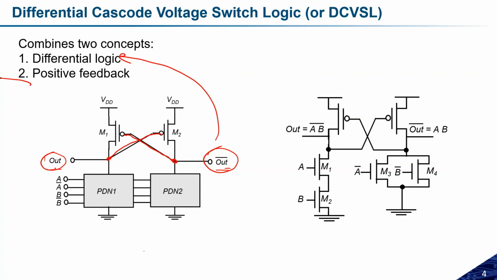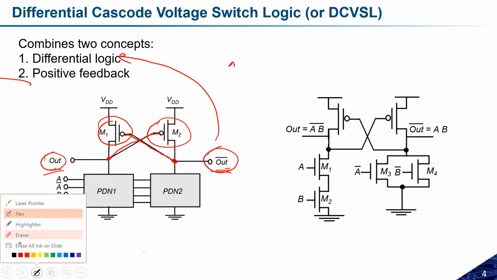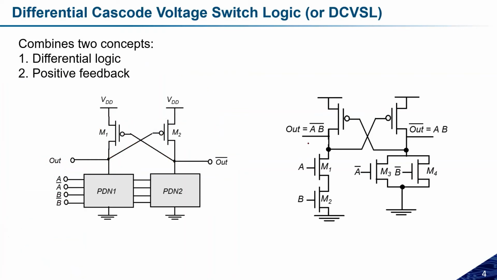The positive feedback is to operate these load transistors, and the differential logic is to get both the output and its complement. That will help you with one benefit: suppose I have to implement a NAND gate and an AND gate. You don't need to implement NAND and then invert it. Simply a single structure can be utilized as both NAND and AND. Based on the function you have, you can decide here. So let us try to implement the NAND and AND.